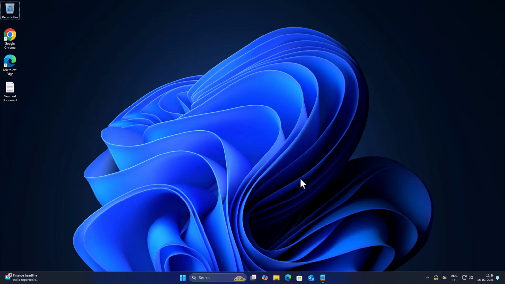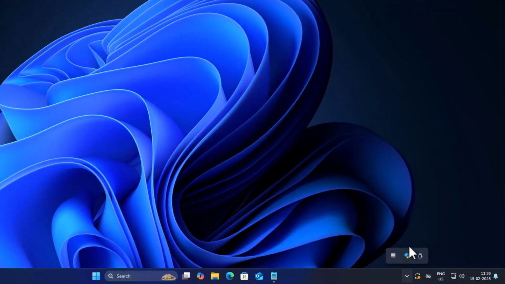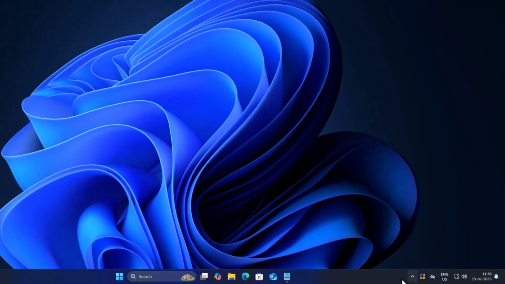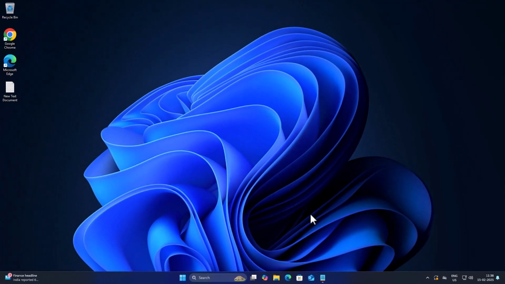If you have installed a third-party antivirus software like Avast antivirus, then you just need to temporarily disable it, guys. To do this, click on this system tray and in here you can see the third-party antivirus. Just right click on the icon and you will see the option to disable that antivirus temporarily. Just do it. After disabling the antivirus, you just need to install the games and check if the problem is solved